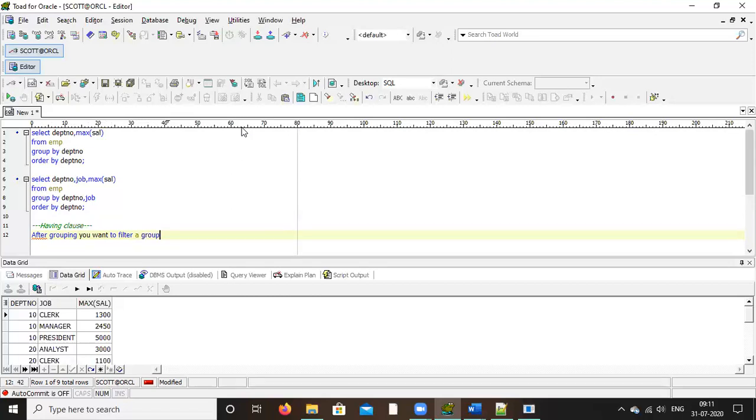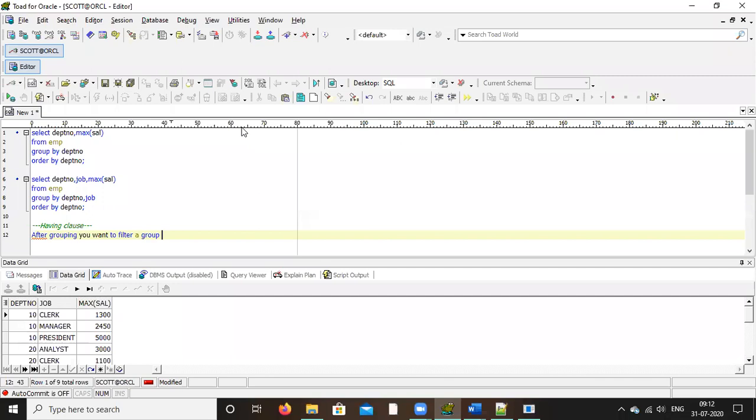This is an interview question actually. Difference between where and having. Both are filter, but having is used after group by. Okay. So here, just comment it.